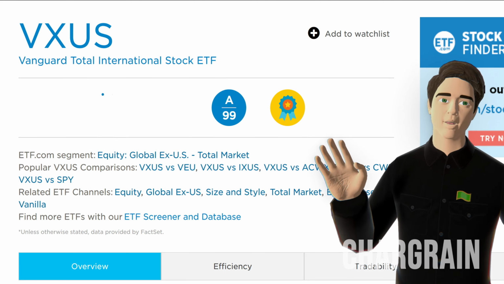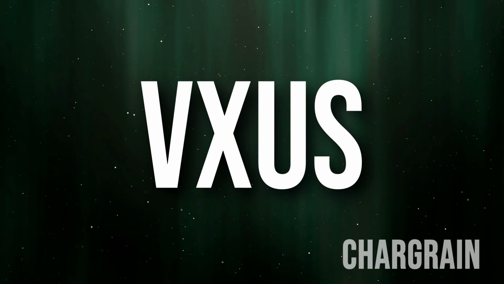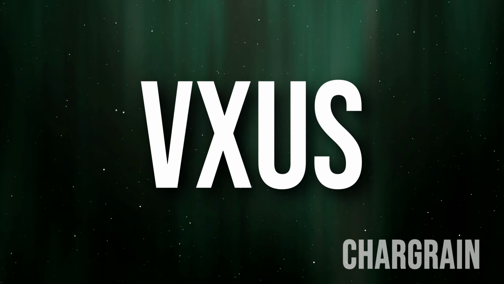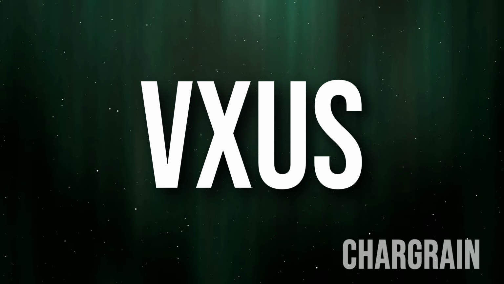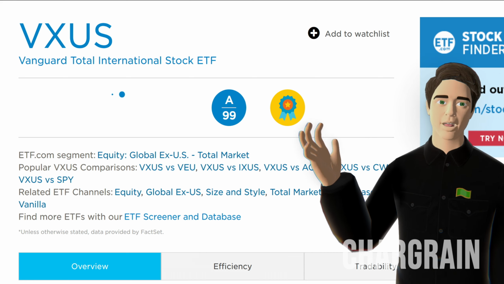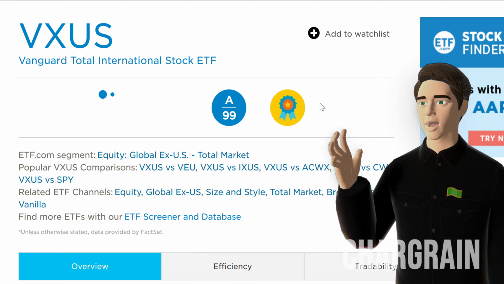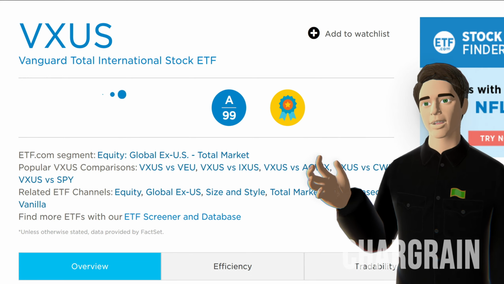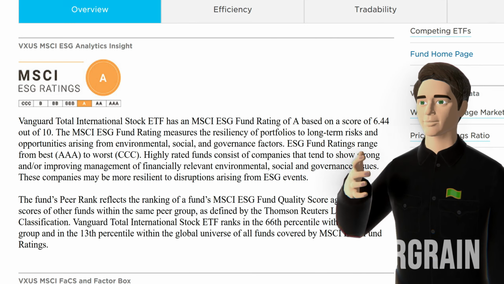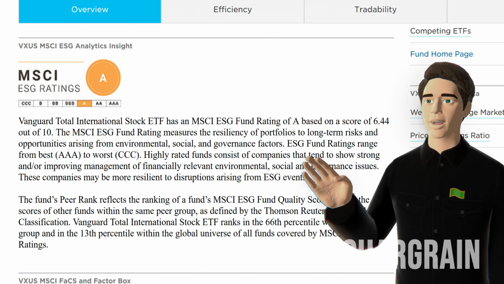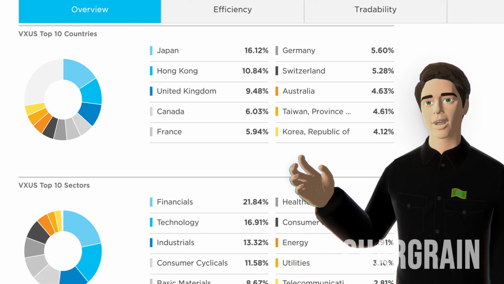So starting off, here we are with the ETF, ticker symbol VXUS. I've talked about this in previous videos, but I'll go over it again very quickly. If you don't have a lot of time and you want to be internationally exposed and move on quickly, consider buying this simple VXUS ETF. This is the Vanguard Total International Stock ETF. It's pretty simple how this works. You buy it, and then you get exposure to 7,000 international holdings. There are no US companies in this ETF, and you get exposure to the following countries.